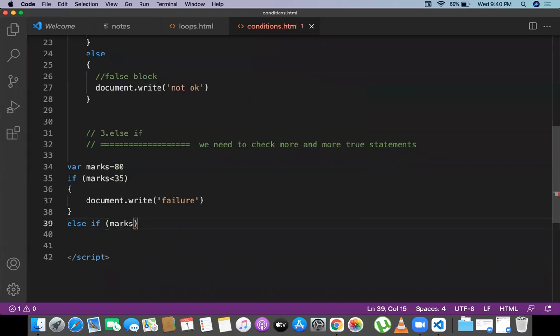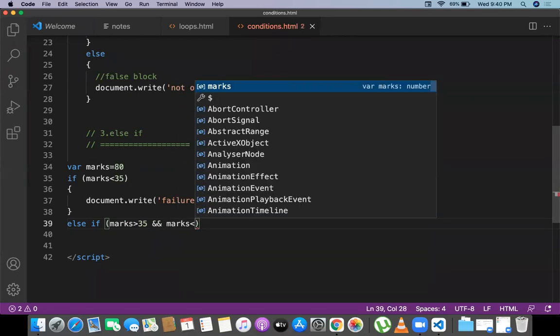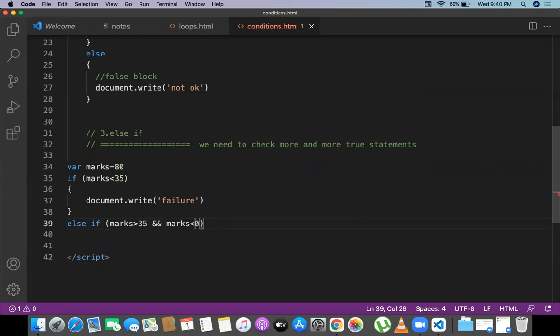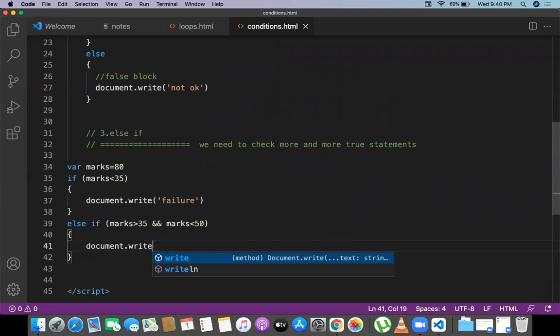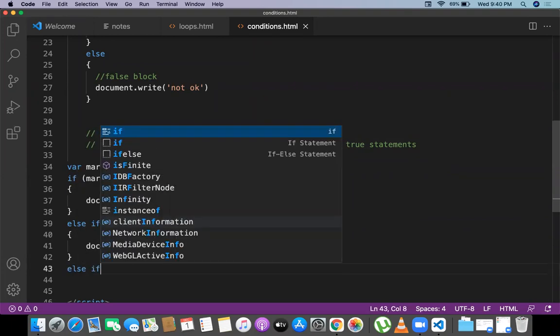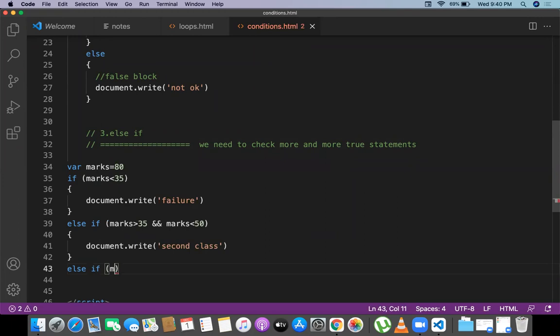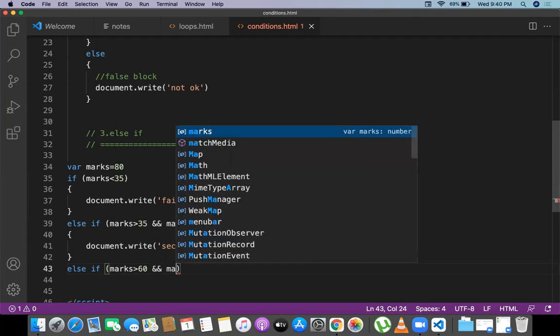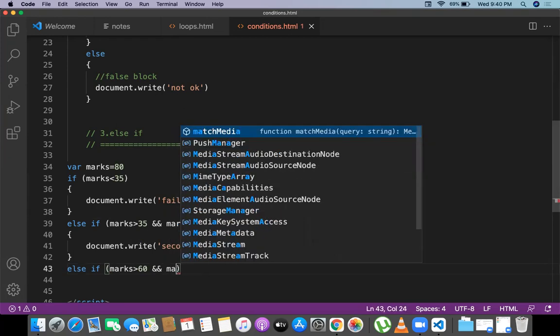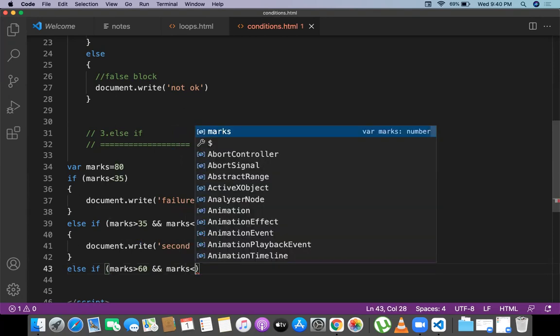Else if marks greater than 35 and marks less than 50, maybe 50, so he got a grade: document.write second class. Else if, one more thing I'm writing, marks greater than 60 and marks less than 85.